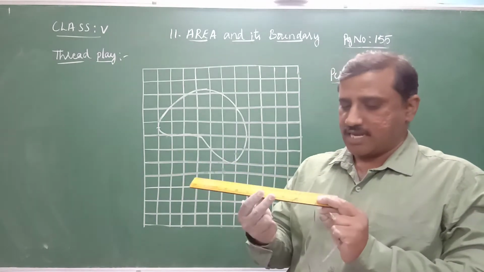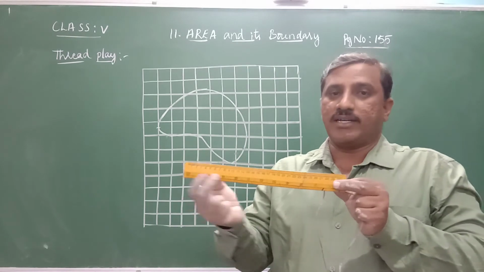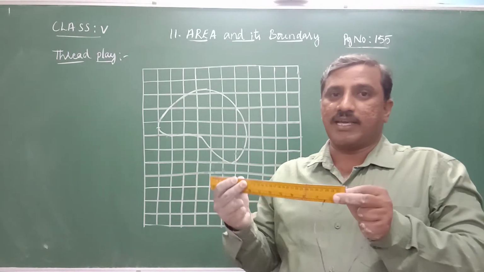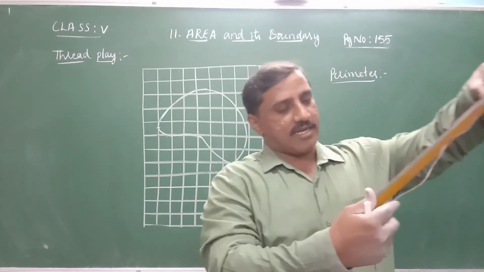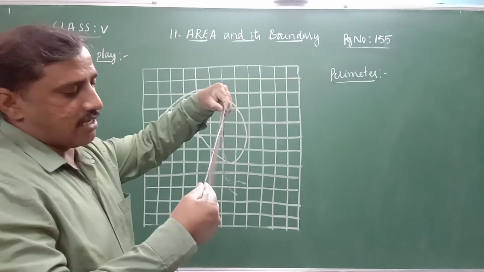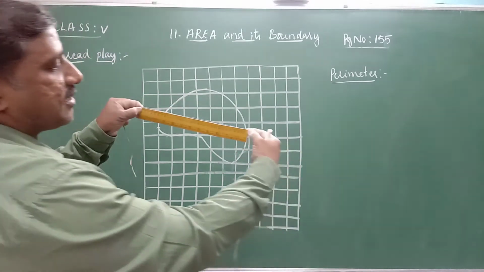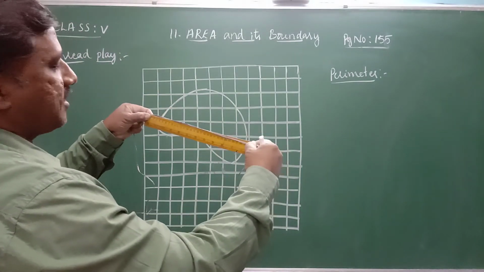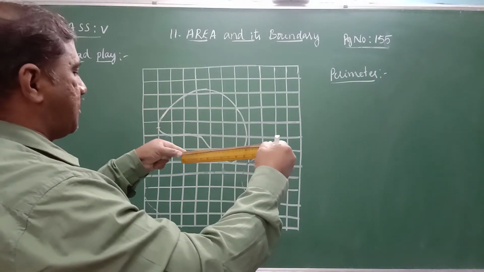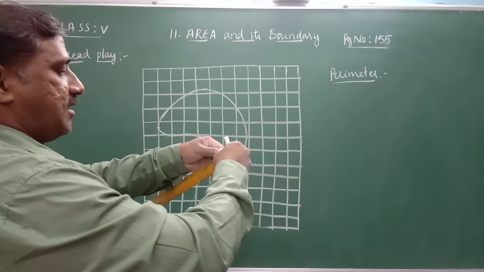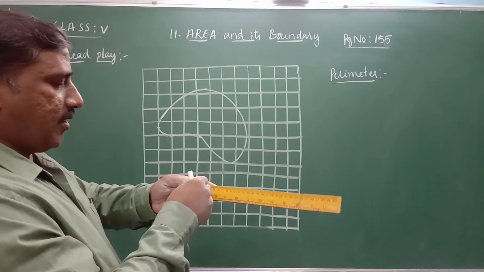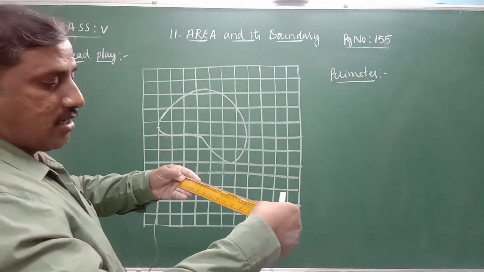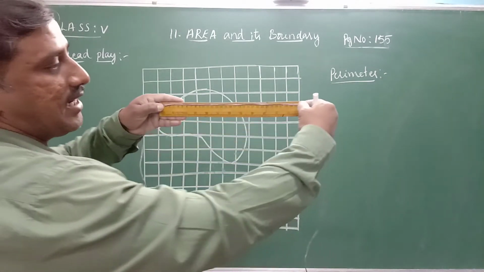If you see this, we have 1 to 30 centimeters. Now I am placing it like this, 30 centimeters. So like this it is. You see here, I will place it here. So now it is 30 centimeters. Then you put this, don't remove this. Again you start from that point to here. Again we got one more 30 centimeters.